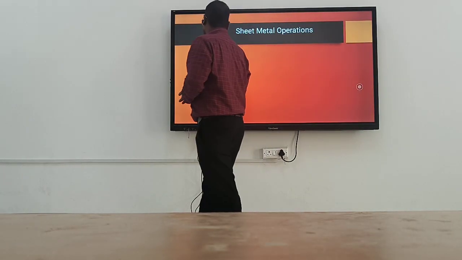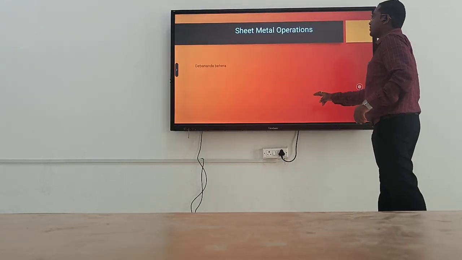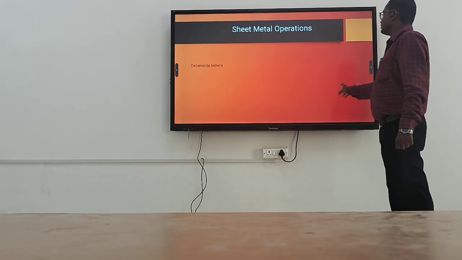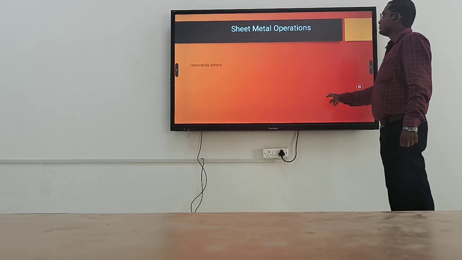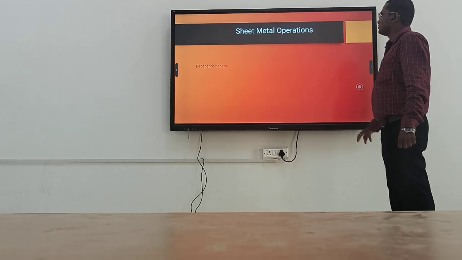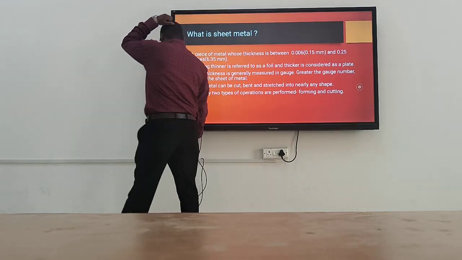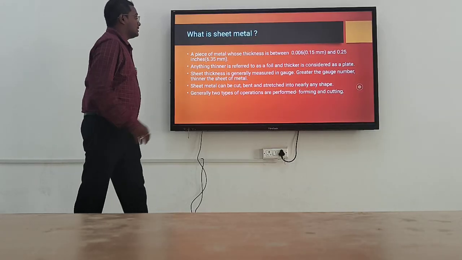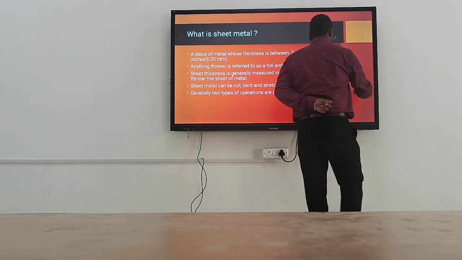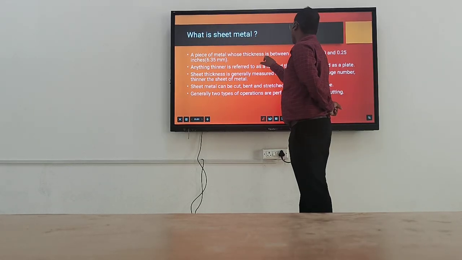Sheet metal operation. Let me know what do you mean by sheet. First, we need to know what is meant by sheet. Sheet means thickness between